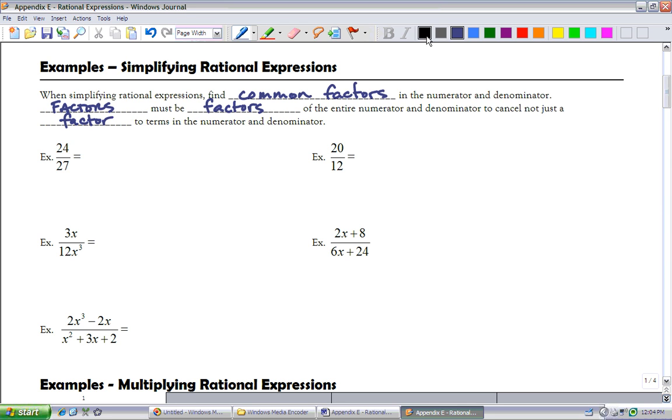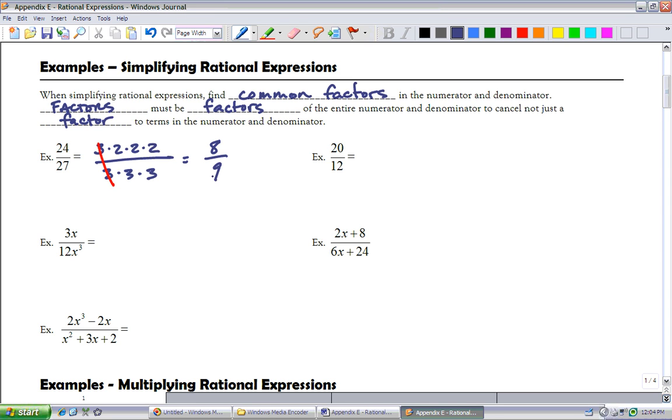So just quickly here, as a quick review, if we prime factor things like 24 and 27, 24 is 3 times 8, right? So we can factor it like that: 3 times 2 times 2 times 2, and 27 is 3 cubed, or 3 times 3 times 3. And if we look here, our common factors are these 3's. Nothing else is common. We can cancel those out, and we're left with 2 times 2 times 2, which is